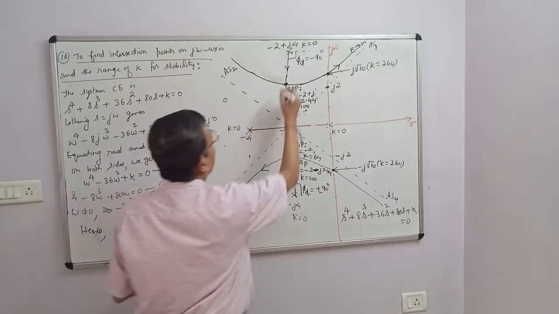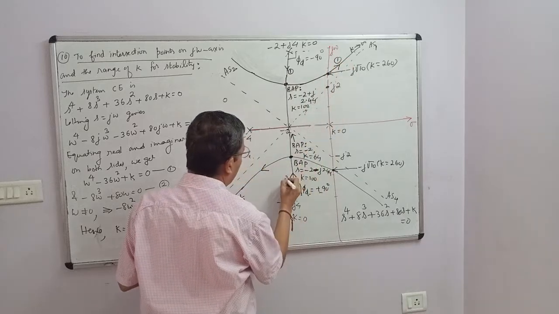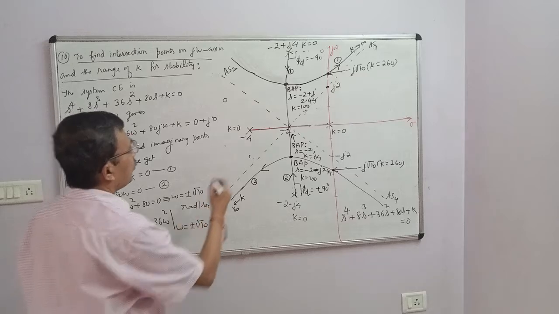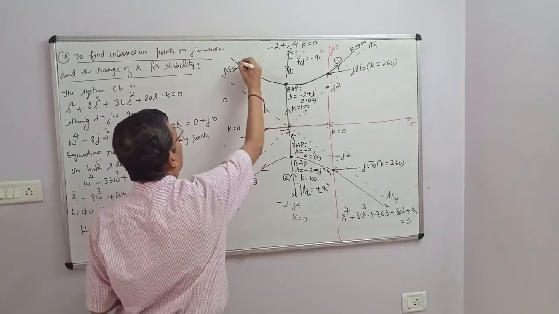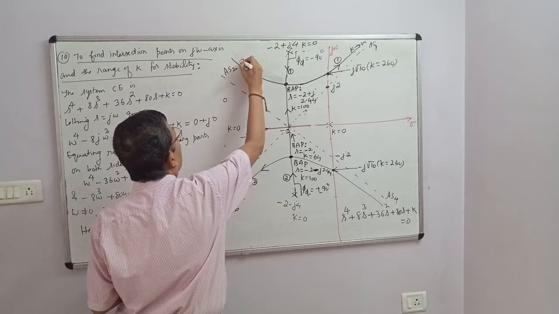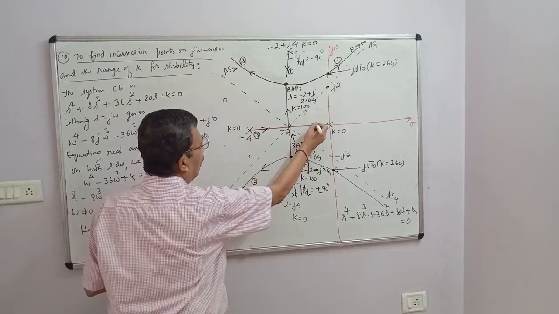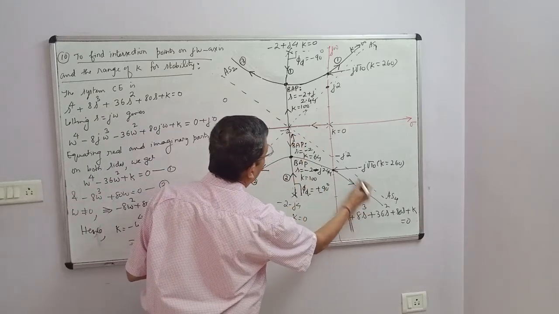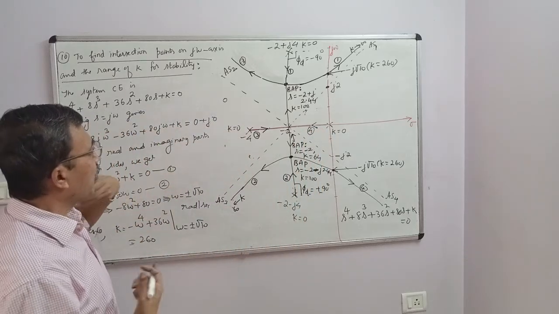So this is branch number 1. For the sake of information, write 1 here, branch number 1. This is branch number 2. Let us assume that this pole selects asymptote number 2. So this is branch number 3. This pole, let us assume that it selects asymptote AS4. This is branch number 4. What I have written here, 1, 2, 3, 4, is as per my convenience.